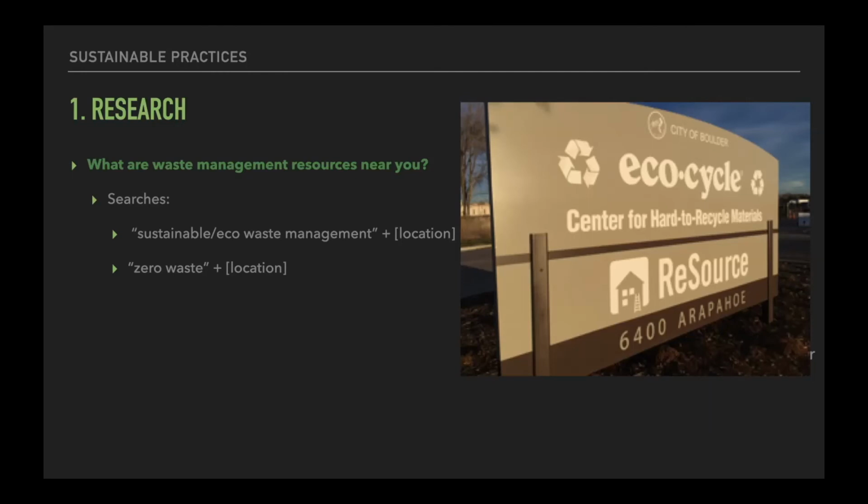Electronics e-cycle, nice. Yeah, Boulder County has a zero waste initiative, which is awesome. Cool. I like seeing that. Resource Central, my second home. Resource Central is a place where you can find reusable items and a lot of reused raw materials, or raw materials for reuse, I should say. Cool. I think that gives us a good idea.